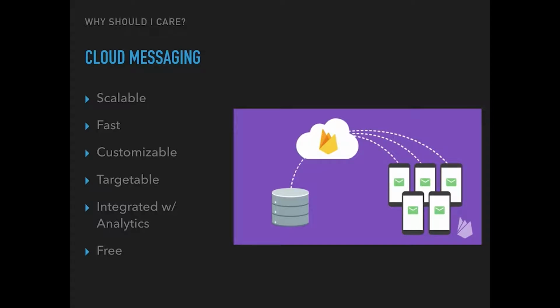These messages are customizable, so you can choose to do things such as deliver them on a schedule. You can even determine you want it delivered at a certain time based on the user's time zone. You can customize things such as the actual data that's sent with the messages, the priority, when the message expires, what sound plays when the message is received. So you can customize these messages that come out.